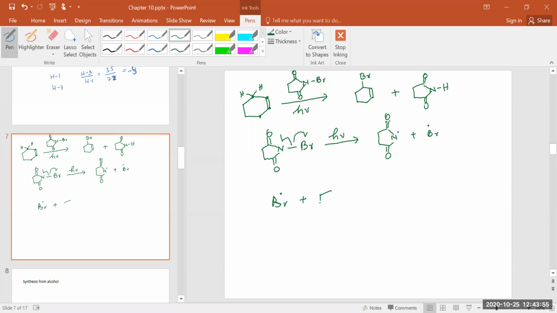Okay, succinimide free radical as well, it doesn't matter. So the point is that you will make another free radical. So one of the hydrogens